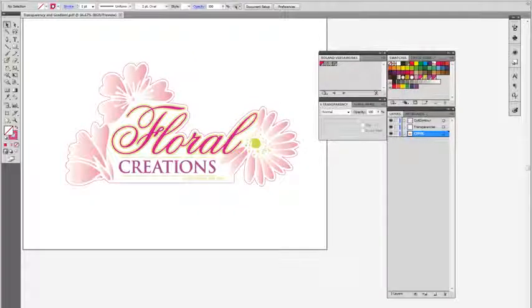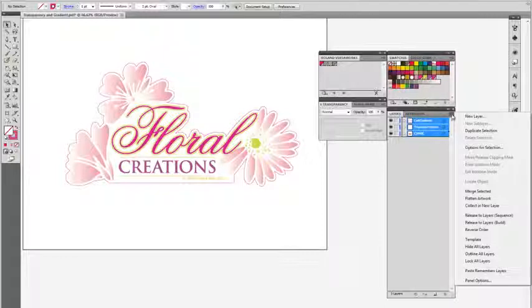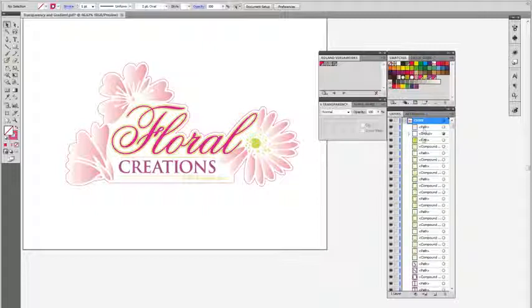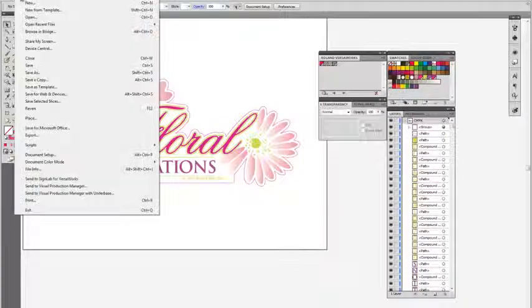So again, we have the CMYK data in the bottom. The transparency information is on top of that. And the cut line, for the sake of layer order, is at the very top. Now, if we were to merge all of this information, so we'll merge the layer, all of this information now is in the same layer or level. You can also move the cut information within a layer. So if the cut information, for example, was below the transparency, which is unidentified here, and we save this file,